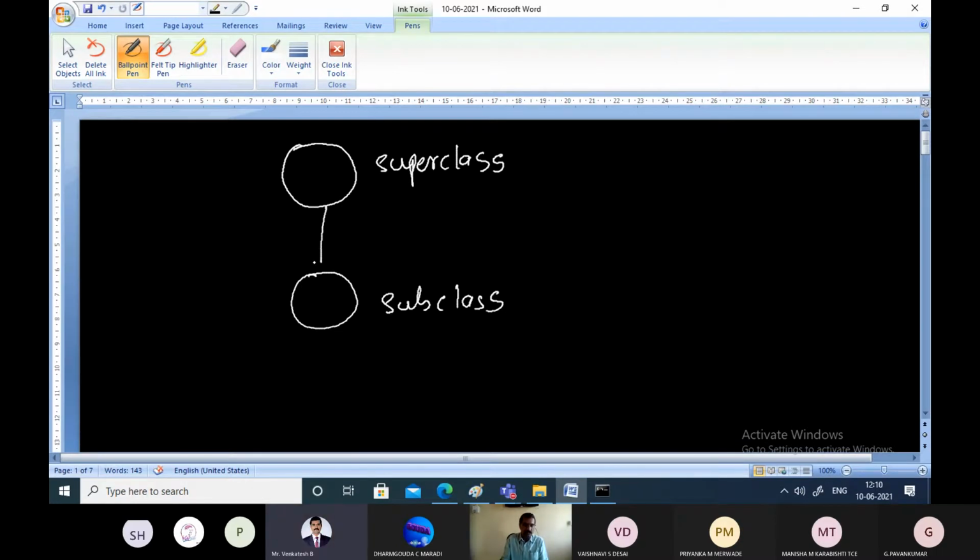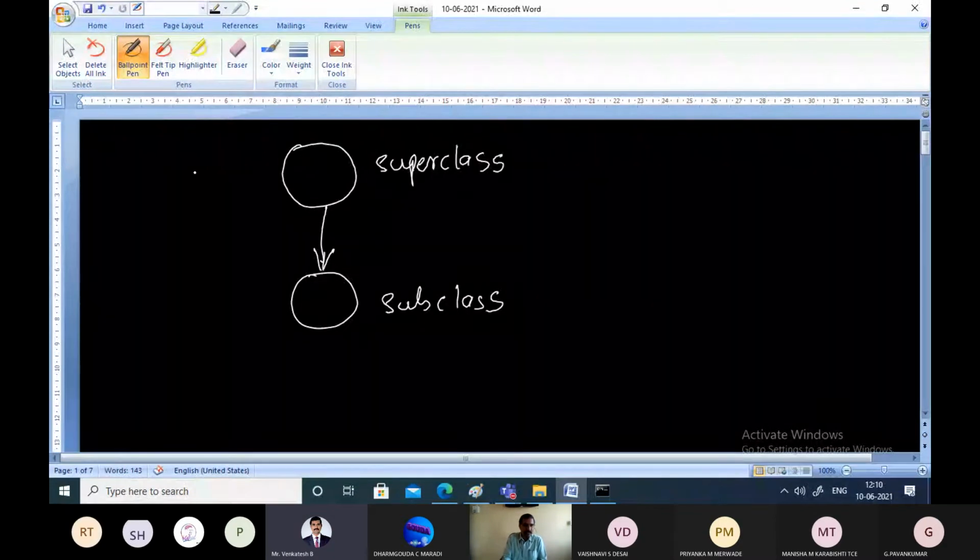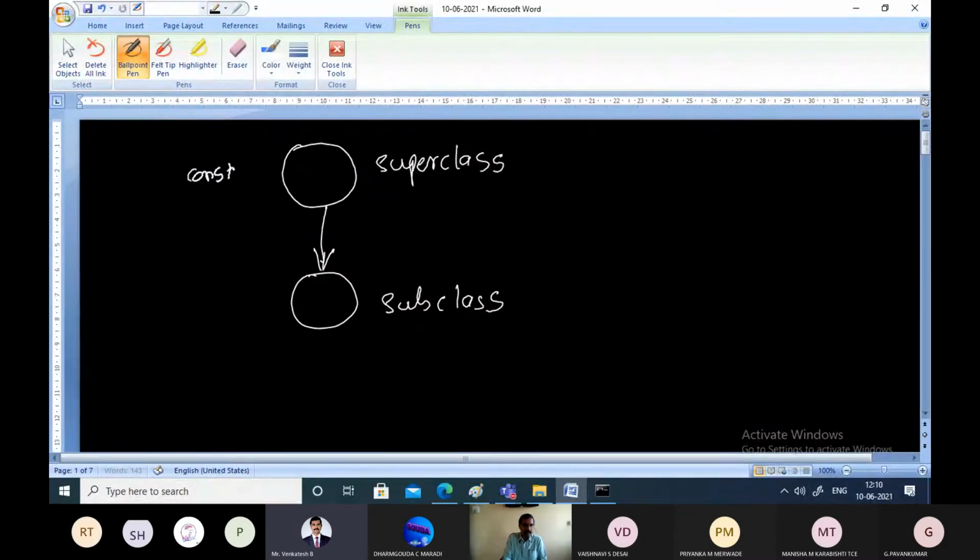In the inheritance hierarchy, we'll be having something like this. It is a superclass and it is a subclass. The subclass is going to inherit properties from the superclass, and the superclass will be having its own constructors, and the subclass will also be having its own constructors.